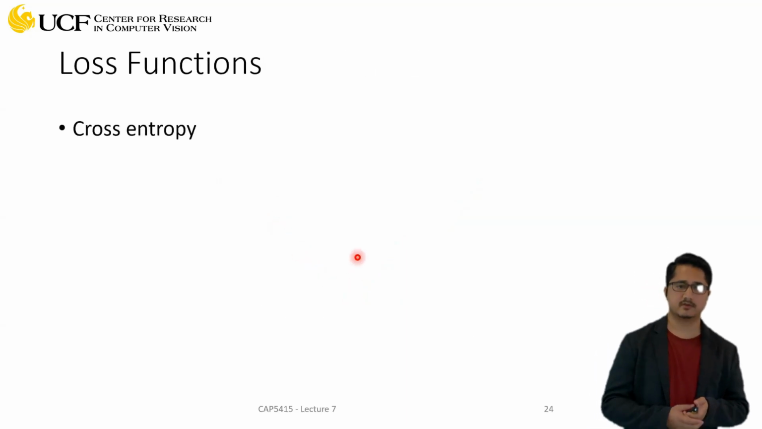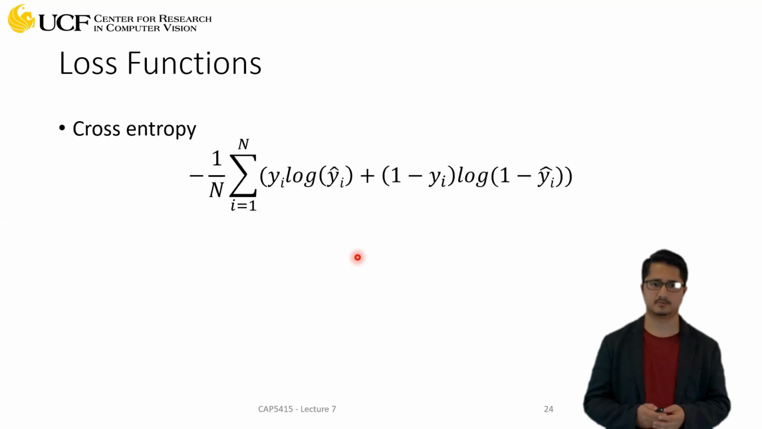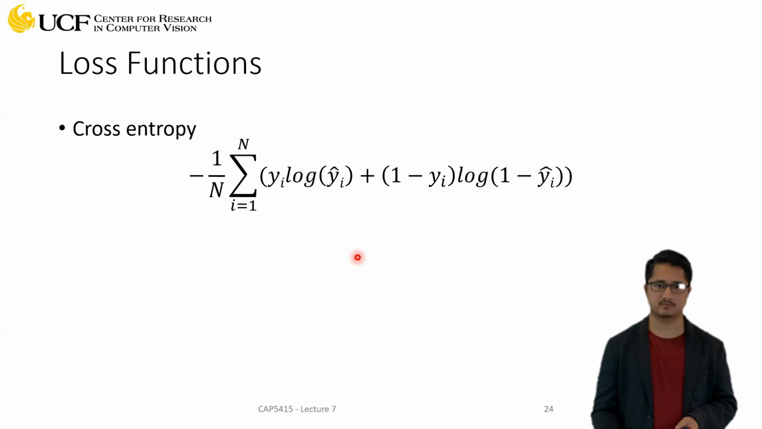Okay, so let's quickly go over some of the loss functions which can be used to estimate how good your network is doing. And the most popular one is cross entropy, and I think you will use this a lot. And I will also try to briefly explain why it actually works. So the simple equation for cross entropy is,